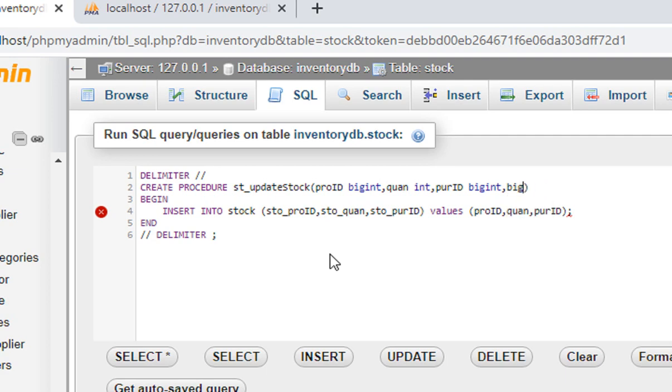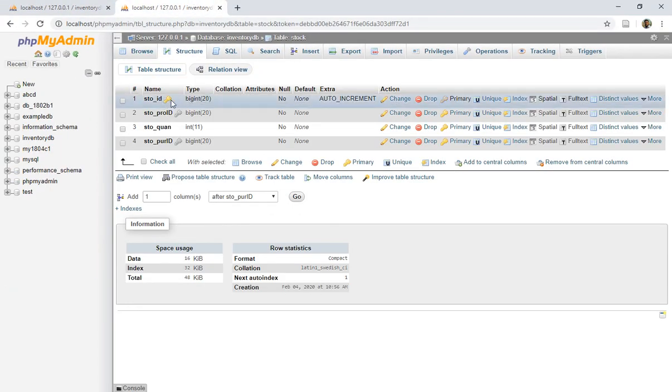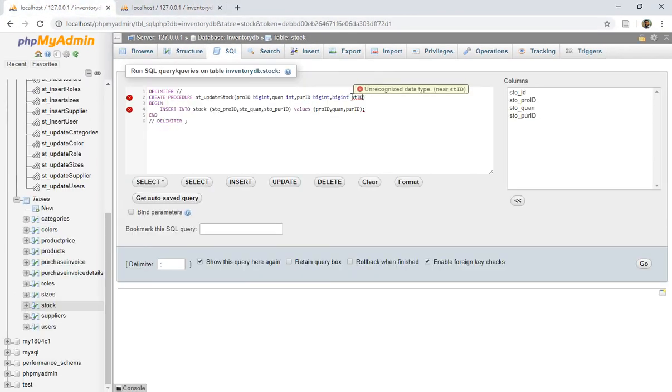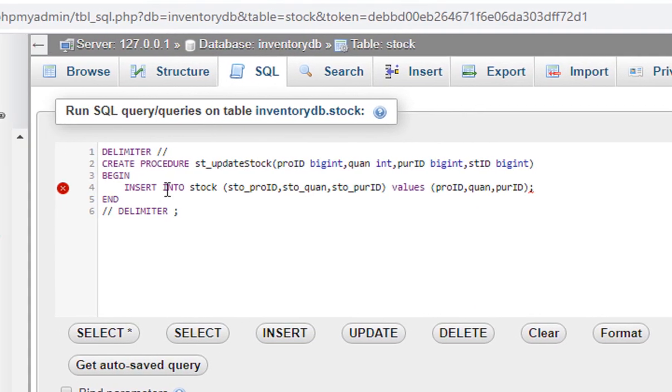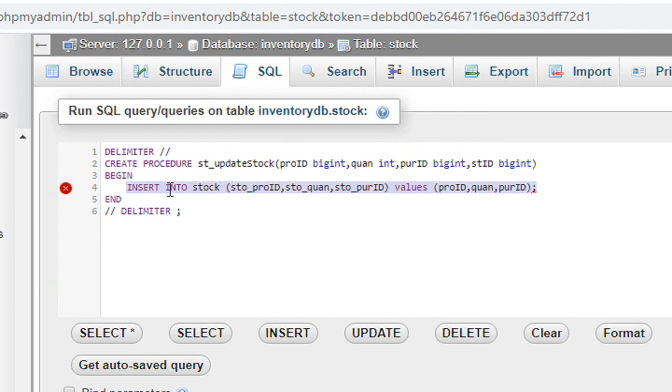Big int, and stock underscore ID, sorry, STID. Let me first verify. Yes, the stock ID is also a big integer, that's fine. I have to specify STID and big int. Zoom. Okay, now I wanted to update the stock. Update stock,